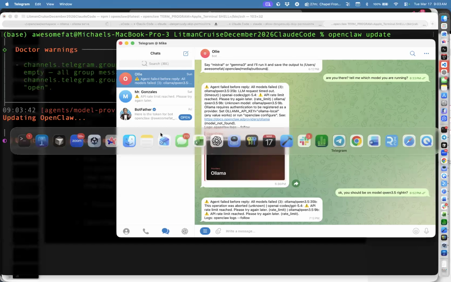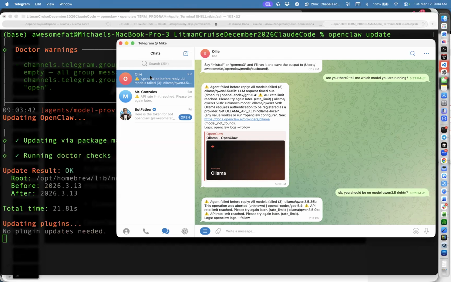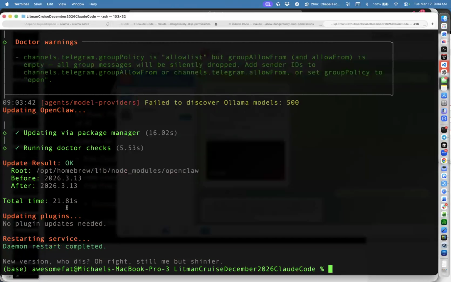So I talk to my Claude bot via chat message. I use Telegram. So I can text my bots that are running on my machine, my agents, from anywhere in the world. Tell it to go do work for me. And this program sitting on my computer will go and start doing stuff. All right. So it tried to download something. It hasn't changed, blah, blah, blah. It restarted the service, whatever.